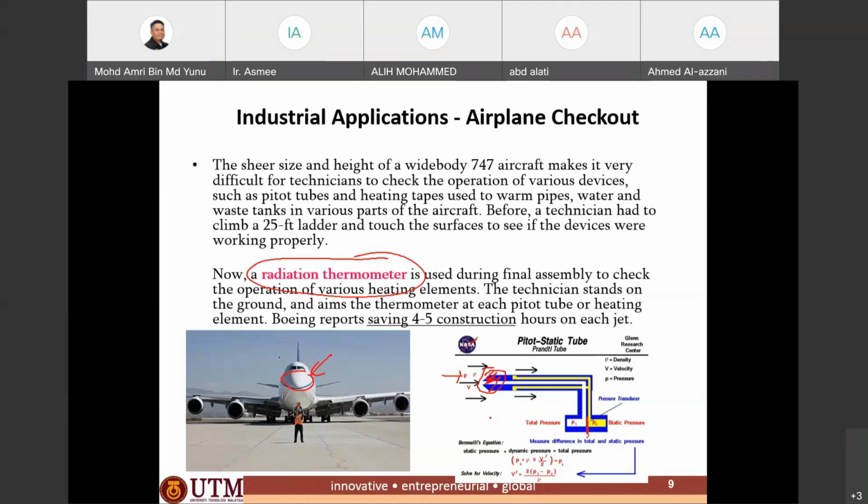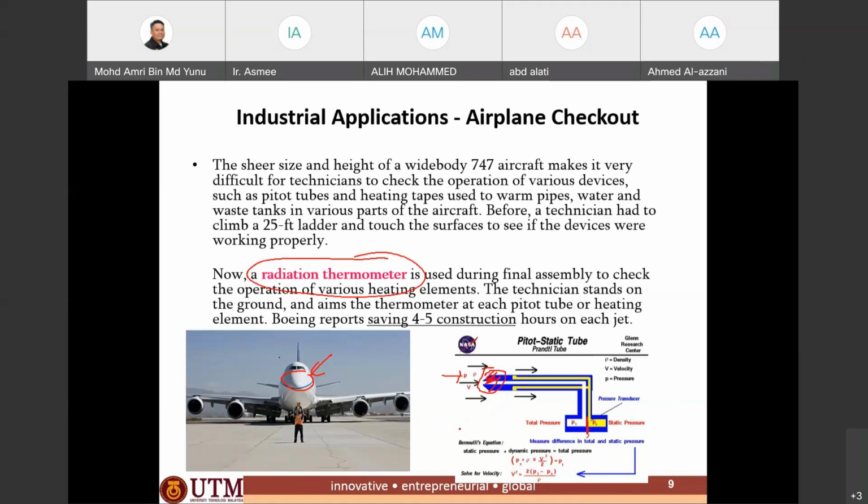So to avoid this, when they discovered that problem, what they did was install a heating mechanism on the tube. That heating mechanism helps to warm up the pipe. So the technician on the ground, when the airplane has landed, needs to check whether that heating mechanism is working. So to expedite